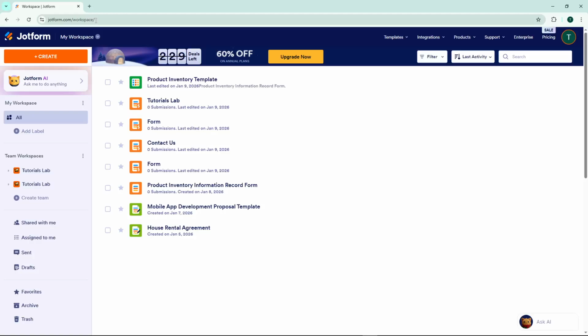Welcome back, everybody. Today I'm going to teach you how to create automated reports in Jotform Tables. This is incredibly useful if you need to visualize your collected data through charts and graphs without manually compiling everything